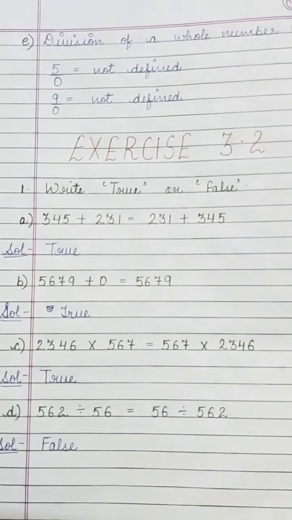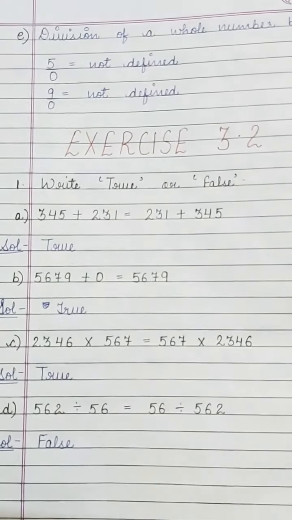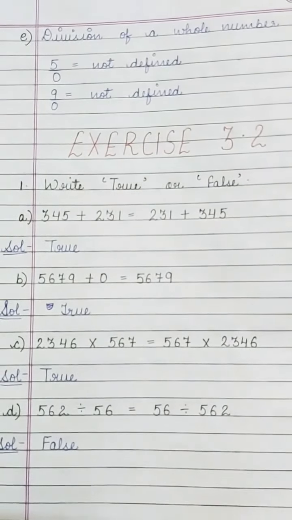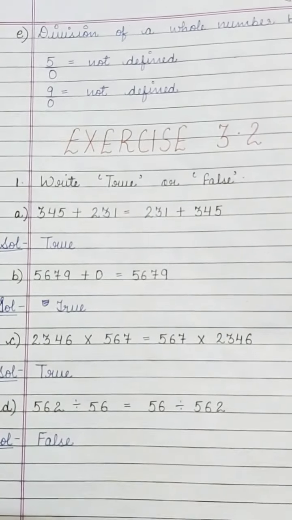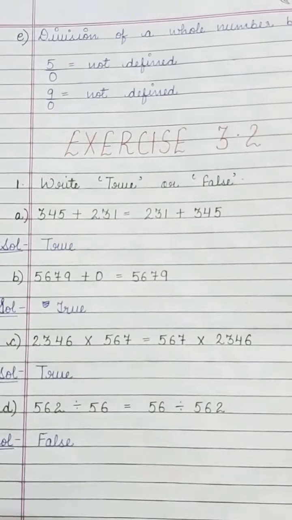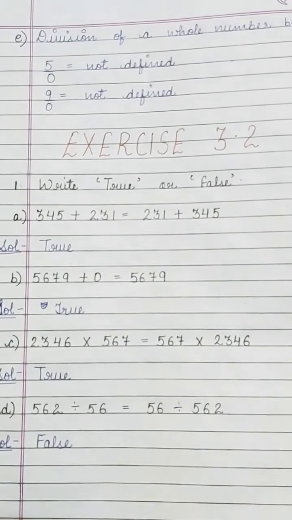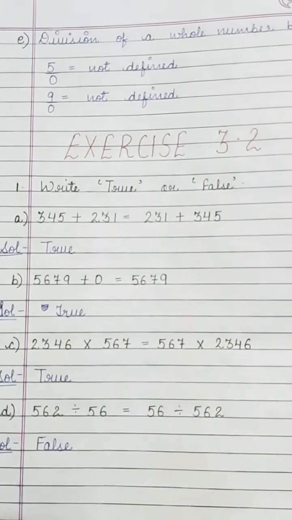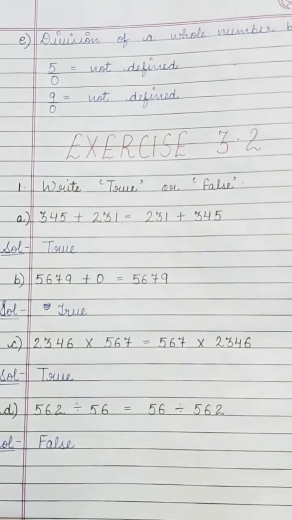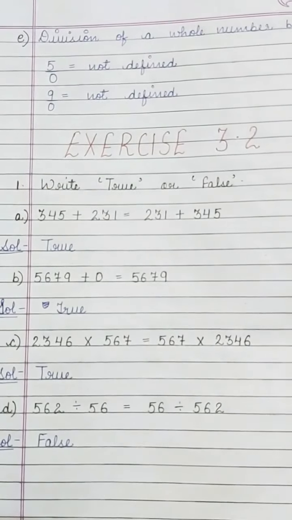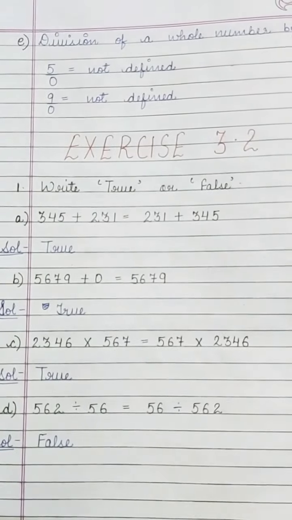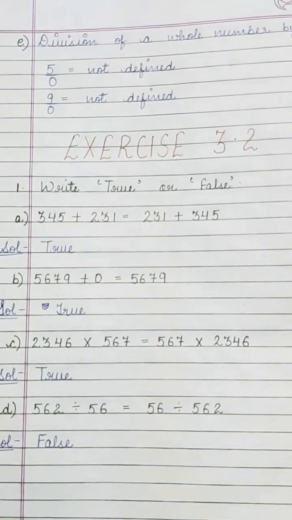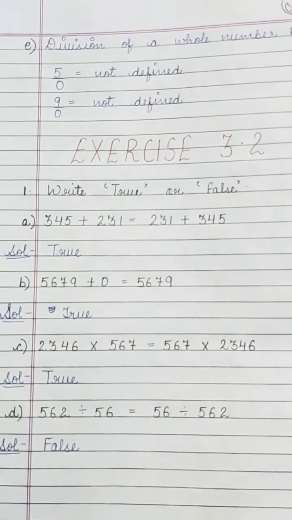Now D, 562 divided by 56 is equal to 56 divided by 562. Now see here, I told you that the commutative property is not applicable for subtraction and division. So that is why this part is false. जब आप दो numbers को divide करोगे और अगर आप उनका order change करते हो तो उनके result में भी difference आ जाएगा. Okay, so that is why this is